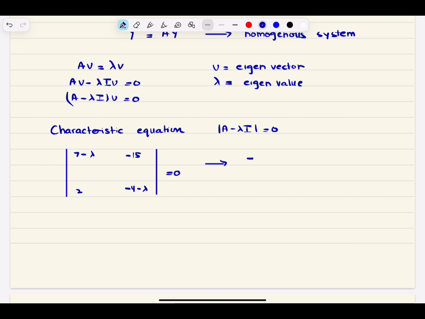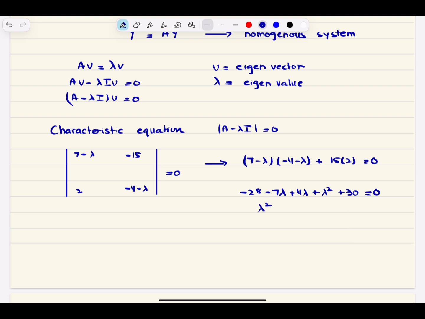We get (7 minus lambda) into (minus 4 minus lambda) plus 15 into 2 equals 0. So we get minus 28 minus 7 lambda plus 4 lambda plus lambda squared plus 30 equals 0,